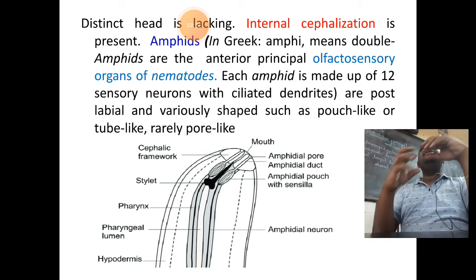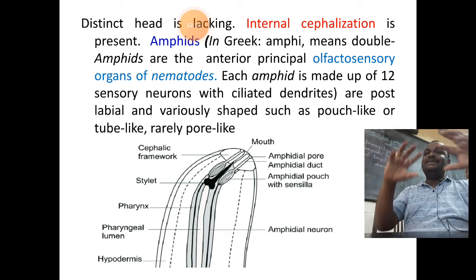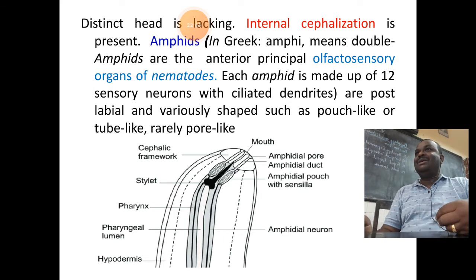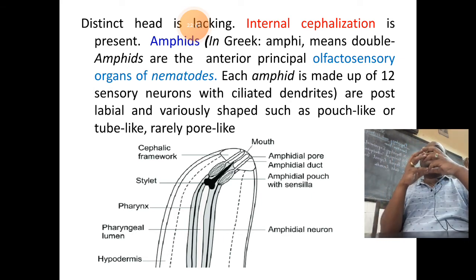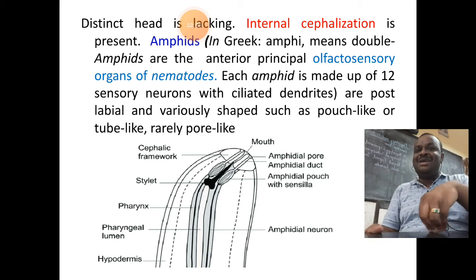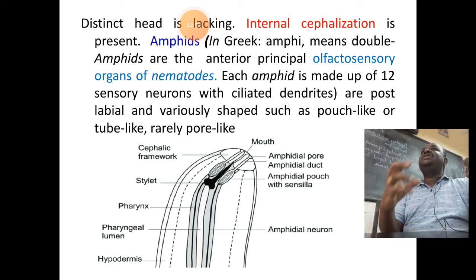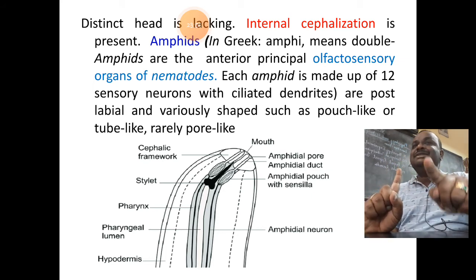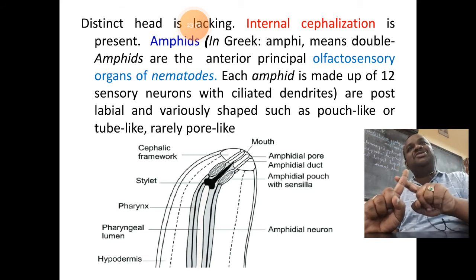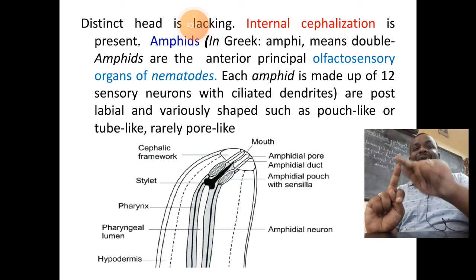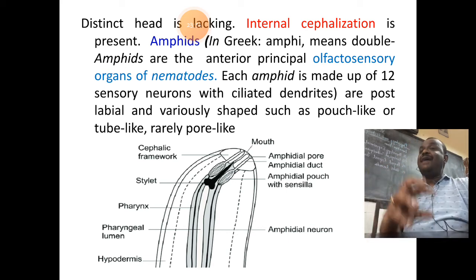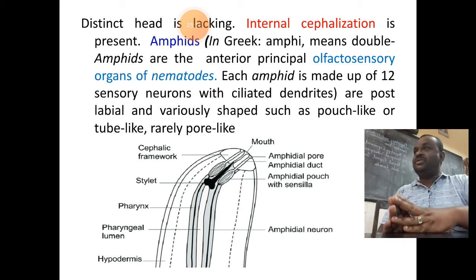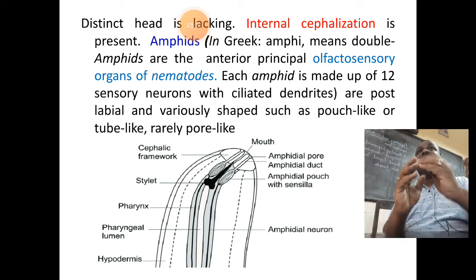nematodes, we don't find a specific part of head as a structure which is visible to us. So it is invisible; a head-like structure is present in these organisms. Hence, we can say a distinct head is lacking, it is absent. But internally, they will have the parts related to cephalization. You remember, I told in the last session, cephalization should have formation of brain structure within and outside the sensory organs related. We do have these nematodes showing the character, having the brain development inside and outside the